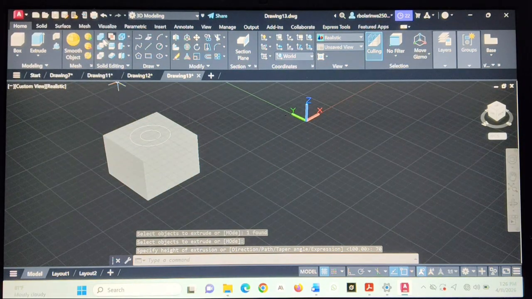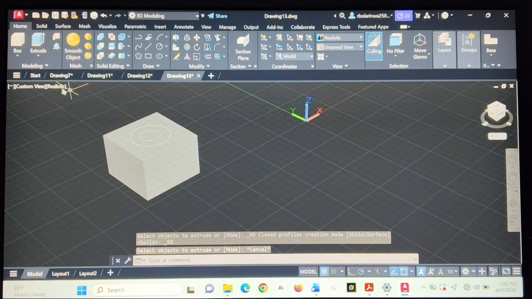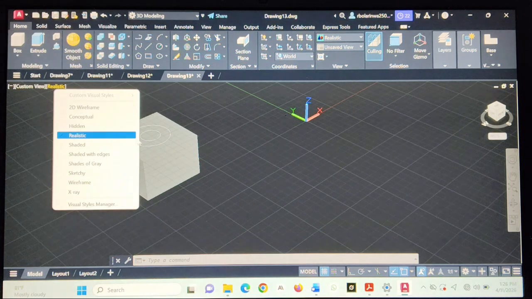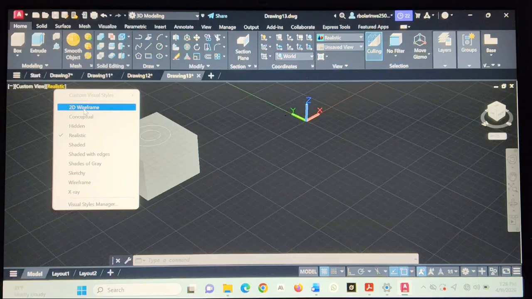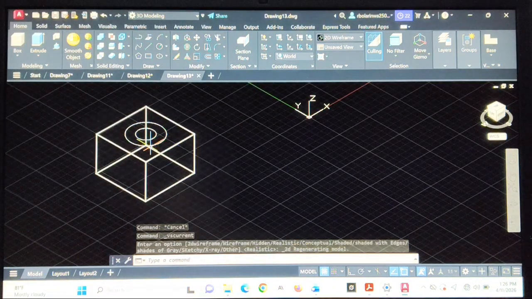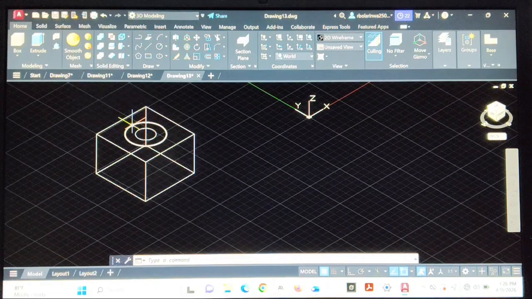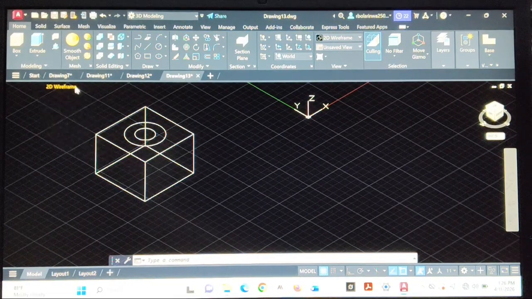And for the cylinders, it's still extrude. So I'm going to be starting with the inner one. Okay. Before that, if you come here, you see realistic and you see custom view. Realistic just means how this object is going to appear. If I switch this over to 2D wireframe, it will give me a skeletal view of the object. So if I'm still extruding, it's better to use 2D wireframe so that I can see every object, because if I use realistic